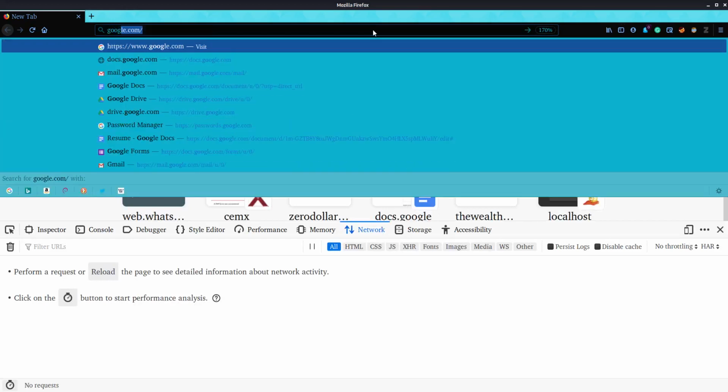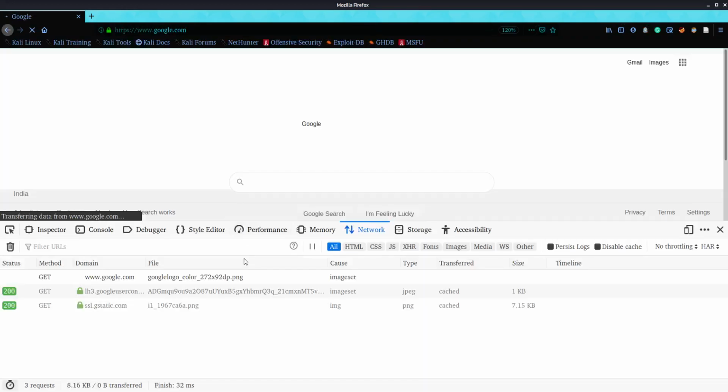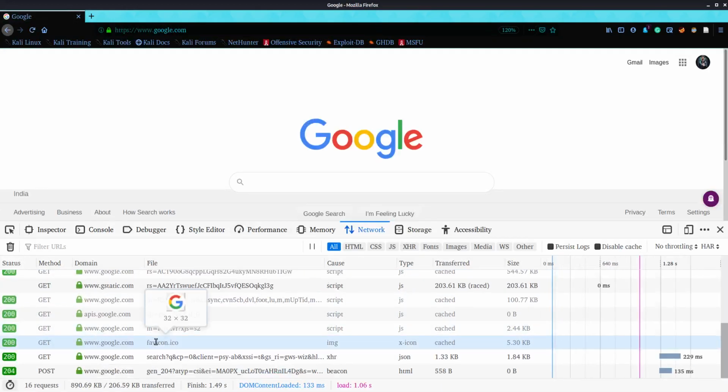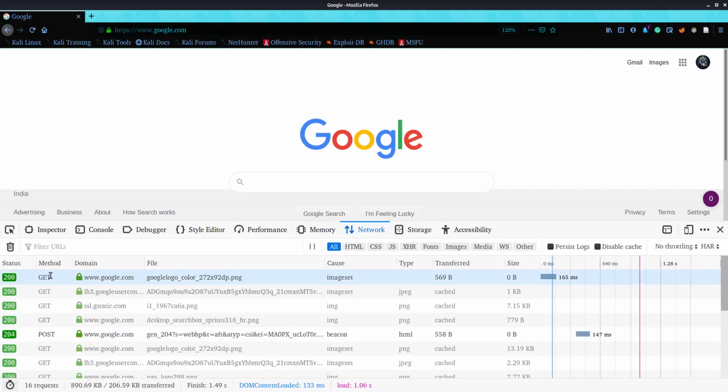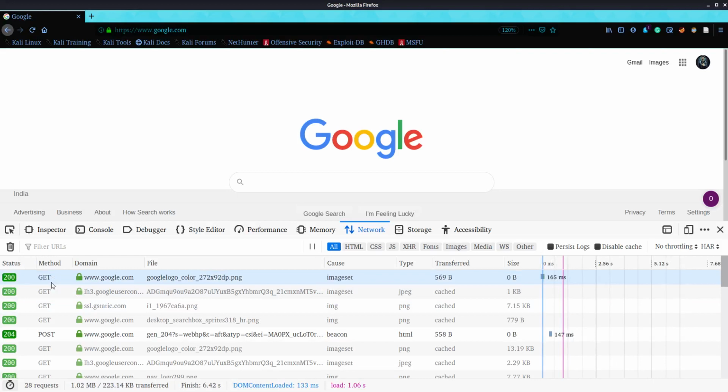When I open google.com, I see a lot of requests and responses. So what is this method? There are 6 or 7 different methods. These methods are GET, POST, PUT, DELETE, etc. When we are trying to get something from the server, it is a GET request. When we want to delete something from the server, we use the DELETE method. If we want to push something to the server, that method will be PUT.